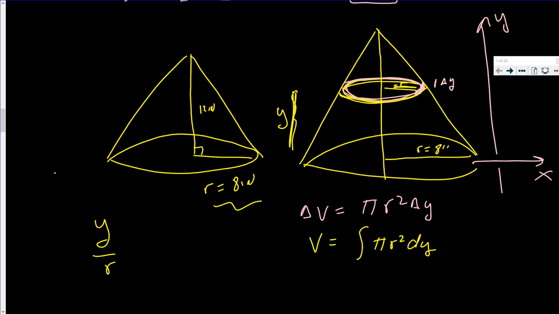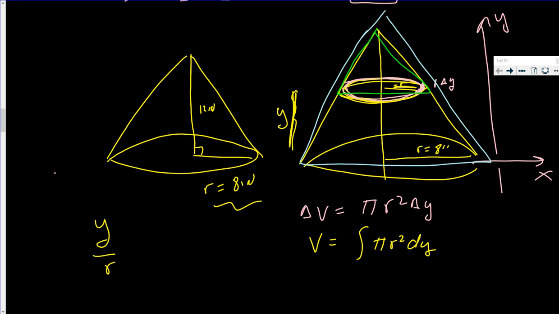Now, the similar triangles that we get, well, this is one of them, and then the whole thing is the other one. One is not higher than the other. I just didn't want to draw on them. So now, what we do know is that one height, which is h,